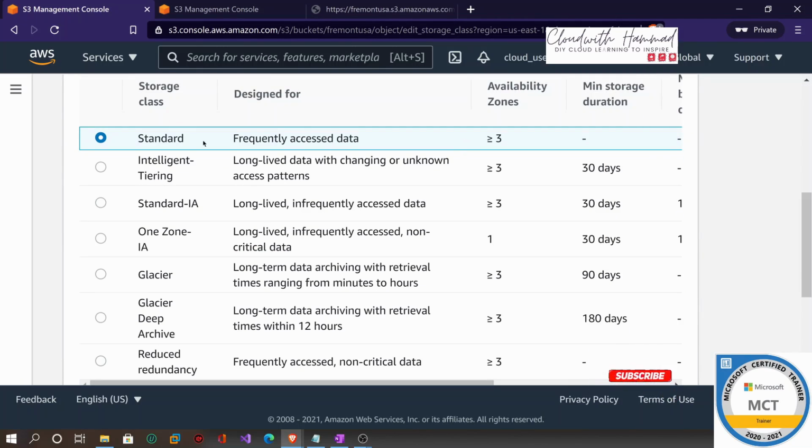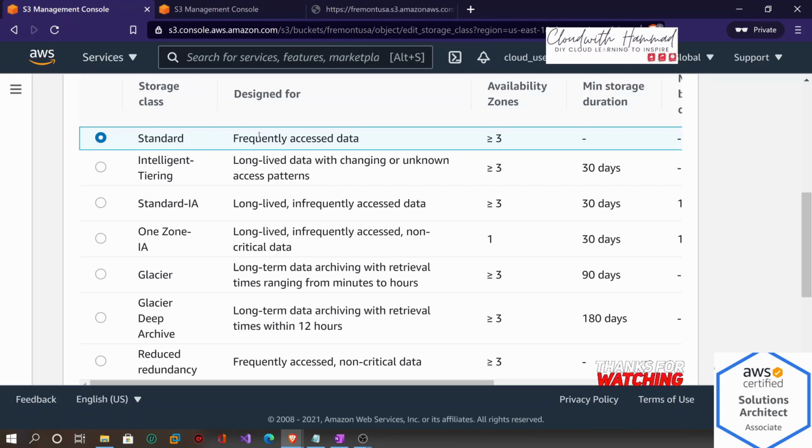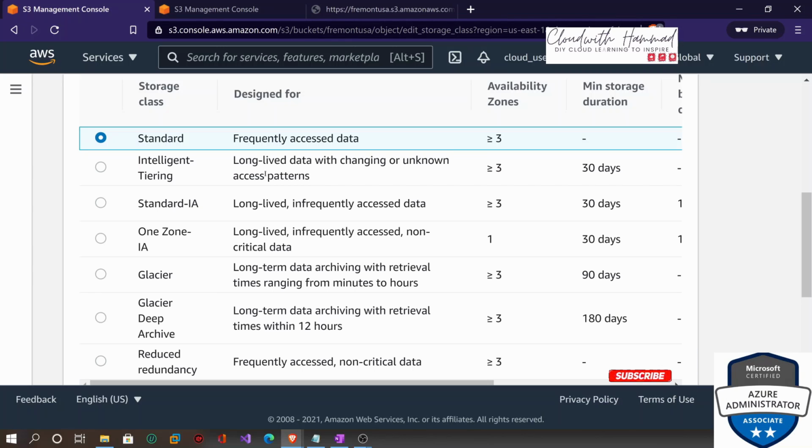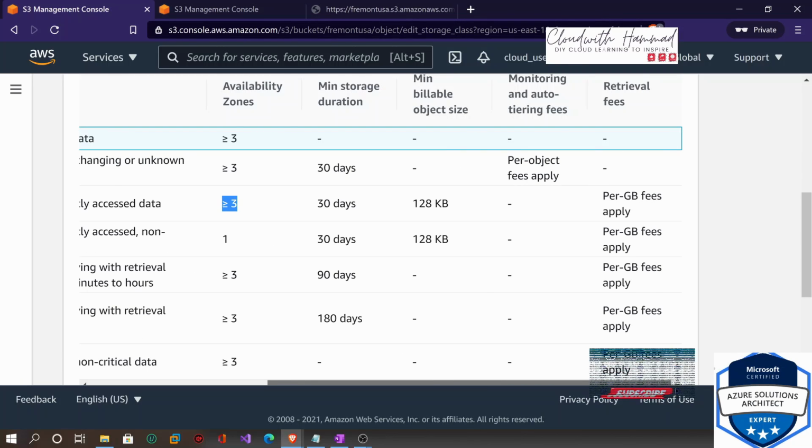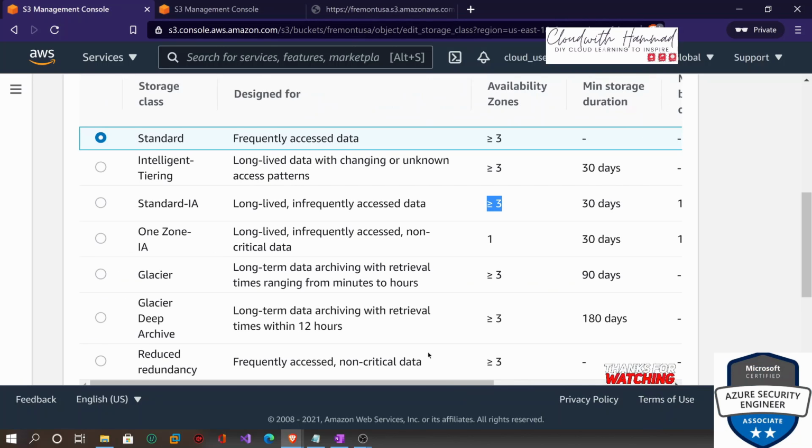I think we already talked about it. Right now it is standard, that is frequently accessed, or you can move it to intelligent here. We talked about intelligent a little bit. And then this is also standard infrequent access. Like this is standard, but it is infrequent. Then the availability zone, and it tells you the 30 days duration. All the details are here, and this chart is also pasted on the website, per GB. So we can actually move this file to